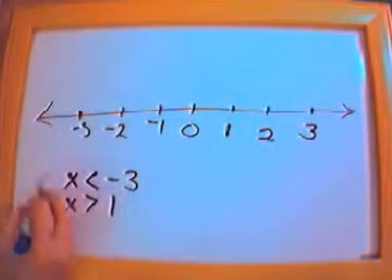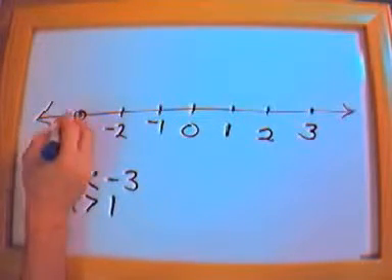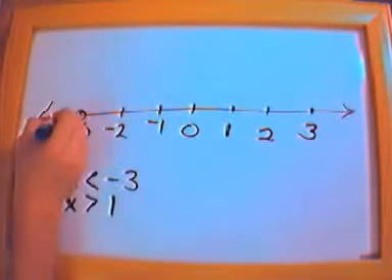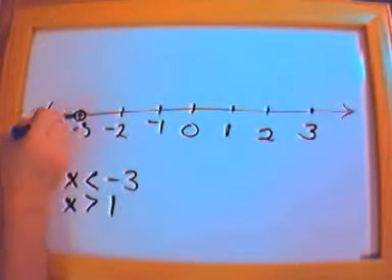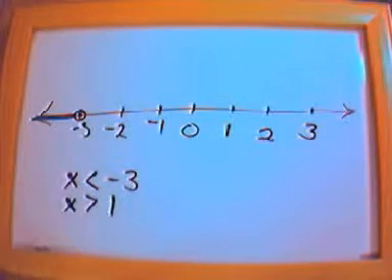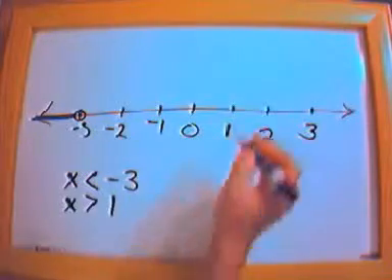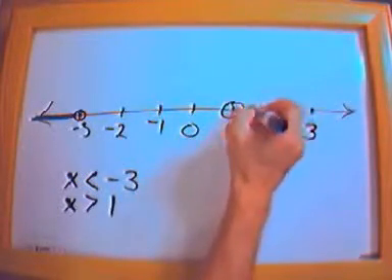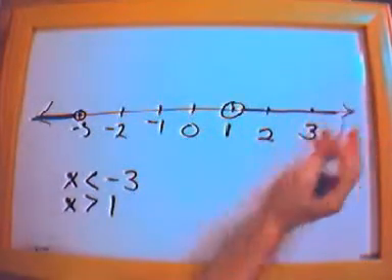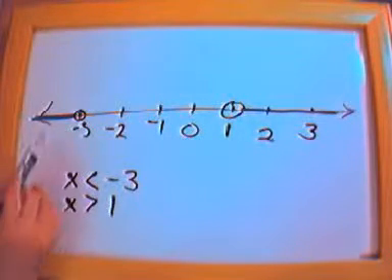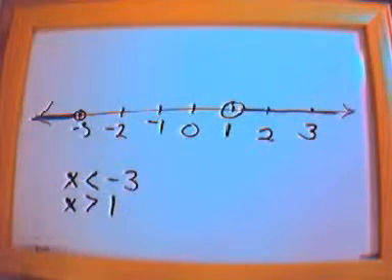Well, there's no equal signs here, so I've got to do empty circles. And the first one, less than negative 3, is going to be everything to the left on to negative infinity, because that's all the points there. And then the second one is going to be an empty circle with all the points going to the right like that. So this graph is all of the points to the left of negative 3, lower than negative 3,